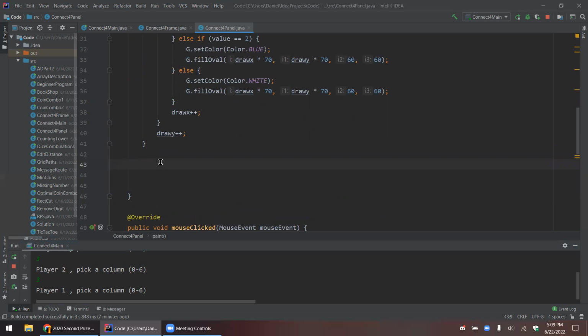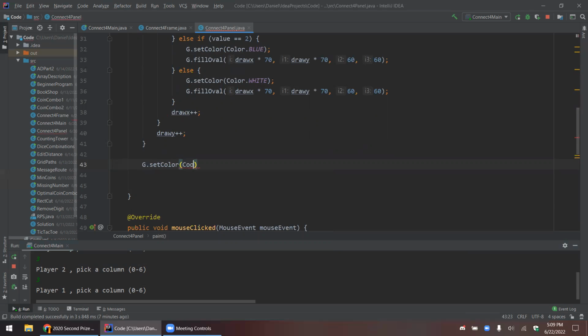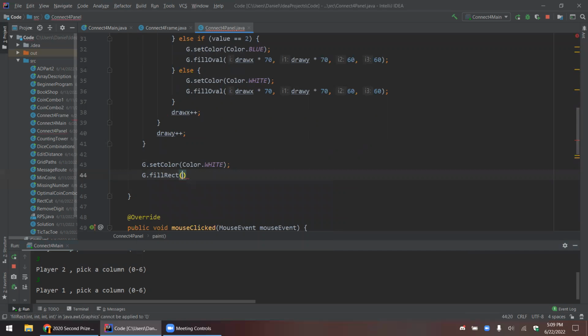Remember, when you're using paint and drawing things, the last thing you draw is always going to be on top. So for the button, let's just make it a white button. We're going to put it in the top right corner actually. So what we do here is we simply set the color to white and we draw a rectangle